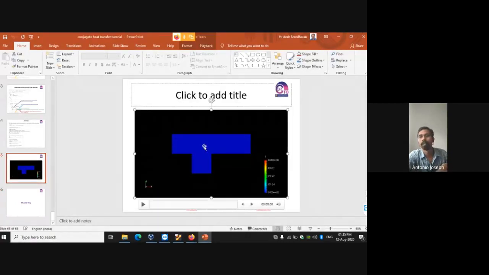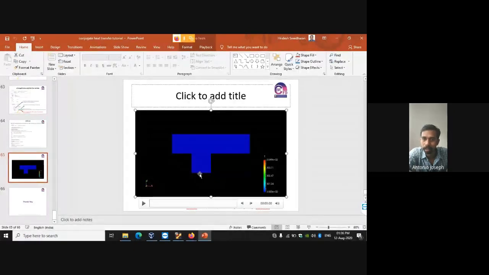Yeah, this is the geometry that we are creating. So this is a cavity actually. In that left end, this corner, we will be having a particular solid geometry. Here also there is a solid geometry, and at the bottom, there is a heater. So this is an air cavity actually. There is a solid phase on the left and right end of the bottom portion. And at the bottom level of the T-shaped air cavity, there is a heater, so that we are heating over there. Due to that, the air inside this cavity will be getting heated. The left end is the inlet, and the right end is the outlet.